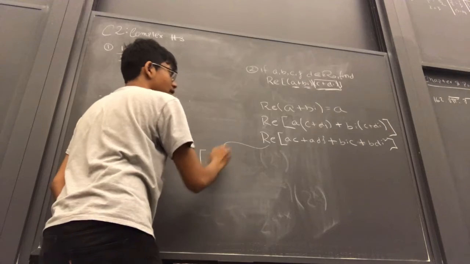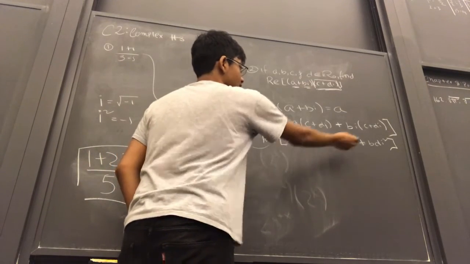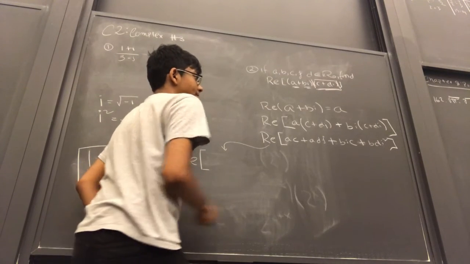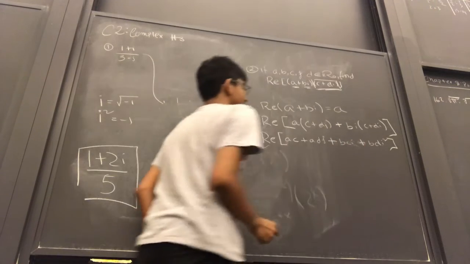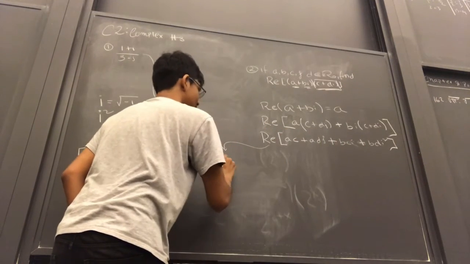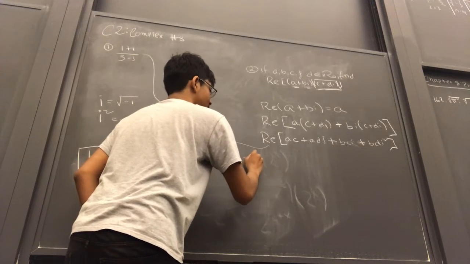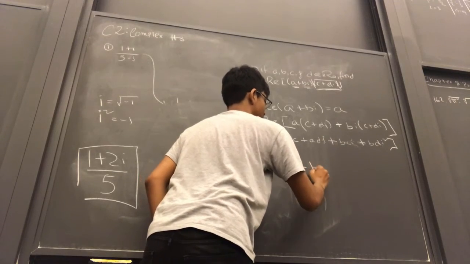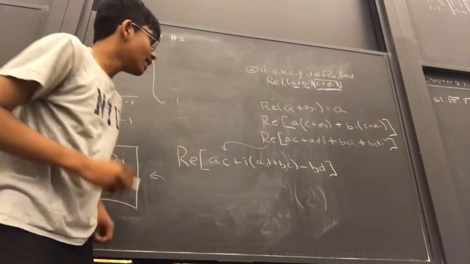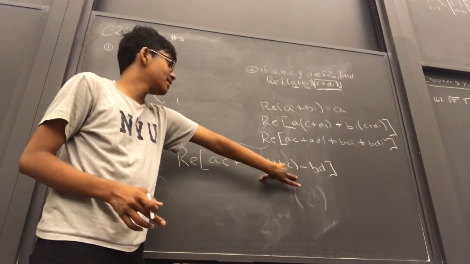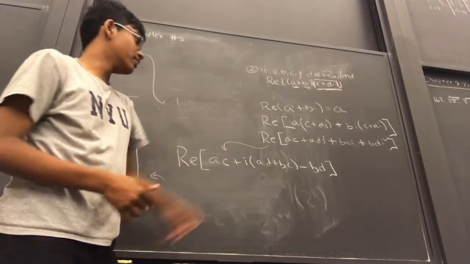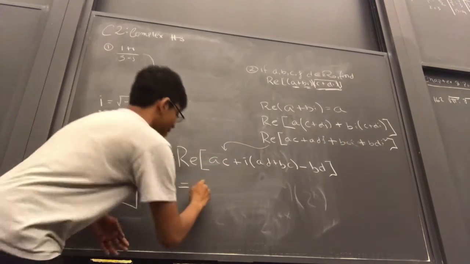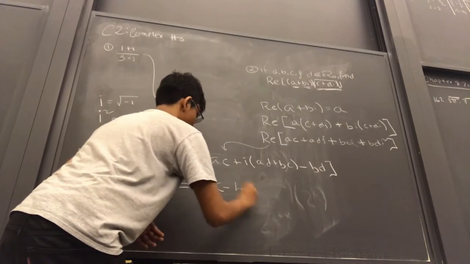The real component of, well, first of all, we have i squared at this end, so we can simplify that perhaps. This you can write as bci, so that we can factor out the i's here, and we can get ac plus i(ad plus bc) minus bd. Okay, now you find out that this is the imaginary part of this complex number, and our real part